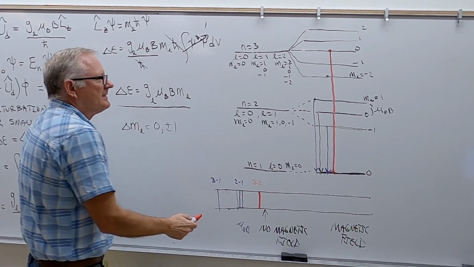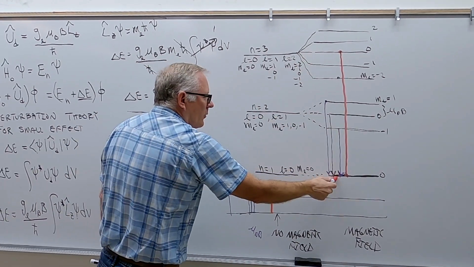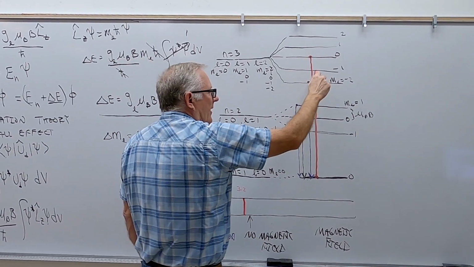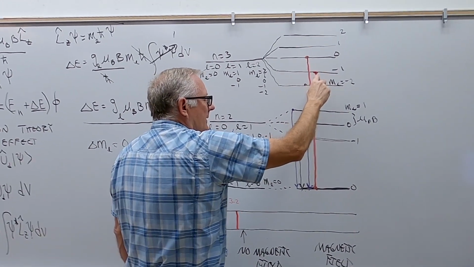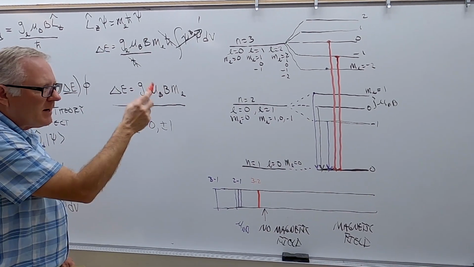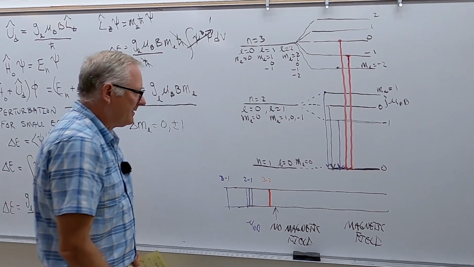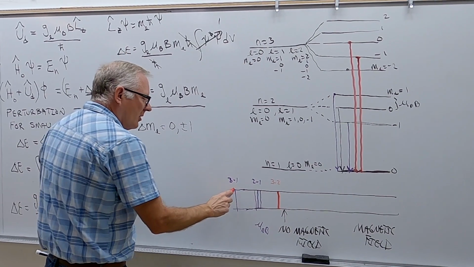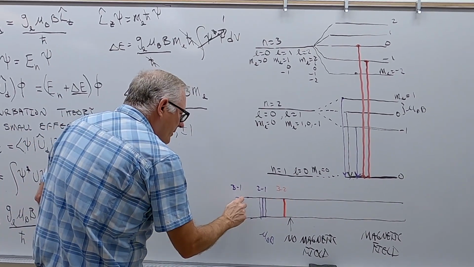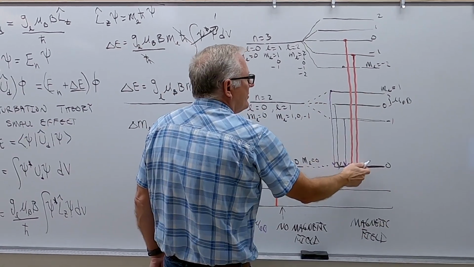But that would be exactly right here on this line, 3 to 1, because that's where 3 was and that's where 1 was. Now I could go from here down to here, because you went from minus 1 to 0, and that would have dropped it by a mu_B B. So it would have put it right there. And I couldn't have gone from here to here because you dropped by 2,